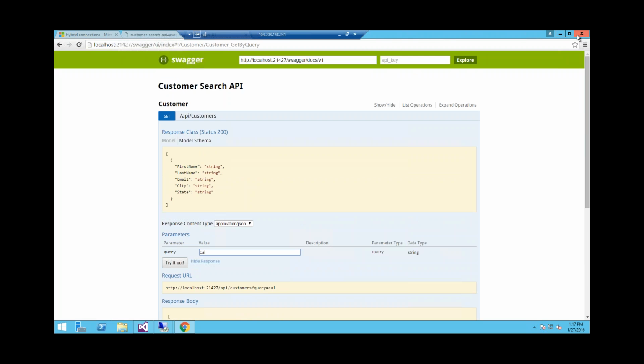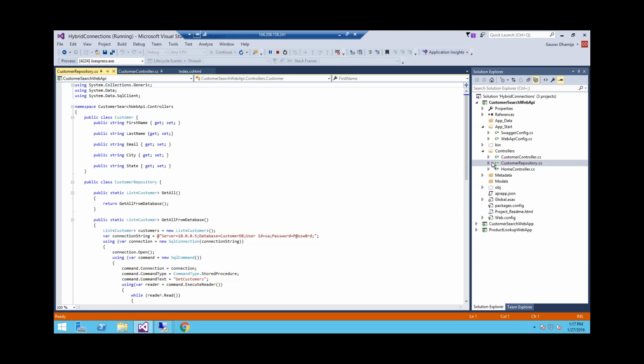So in order to expose my database externally, what I have done here is I have created a web API which I will host in Azure, and all my third-party applications can connect to this web API, and that's how I'm able to leverage an internal connection to my database. So if you see, the connection string here is directly referencing my internal database server.